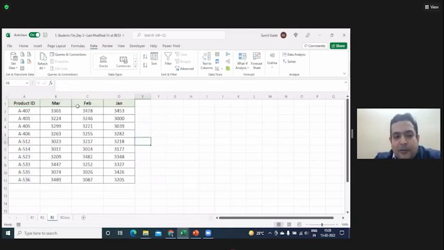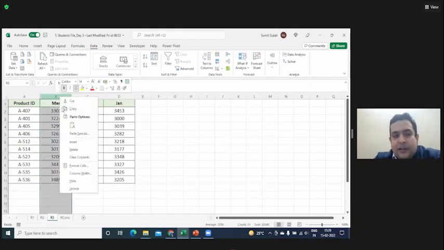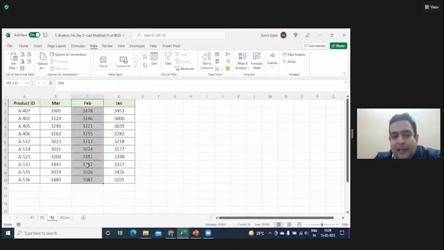What is the difference between this data and this data? Any difference? This data and the format of this data. Sir, in this data, March is coming first. That means what has happened? The region 3 people, because it was not standardized, so they have collected the data in March, Feb, and Jan. They collected data for Jan. When Feb came, they inserted another column and started collecting data for Feb. Then March came, they inserted another column and started collecting data for March.